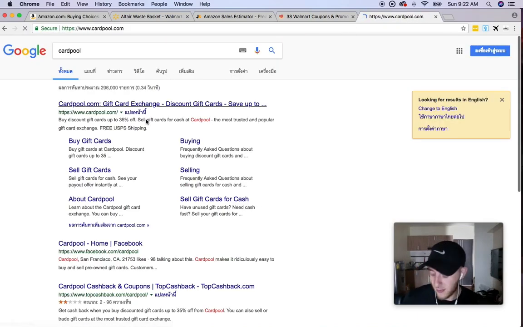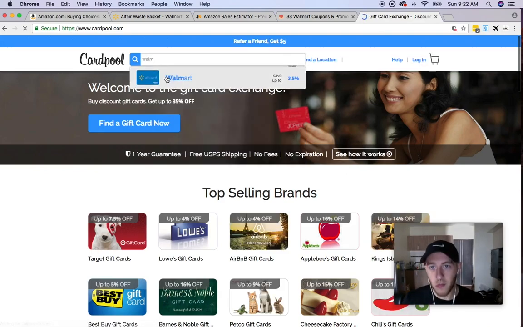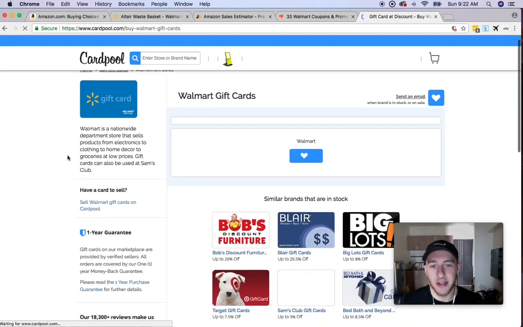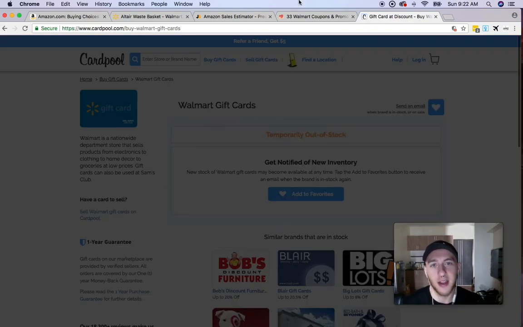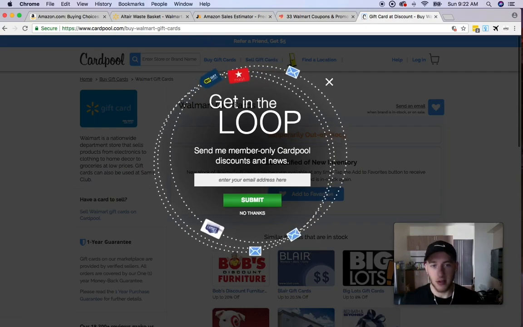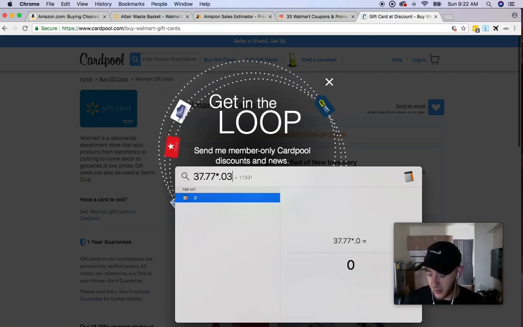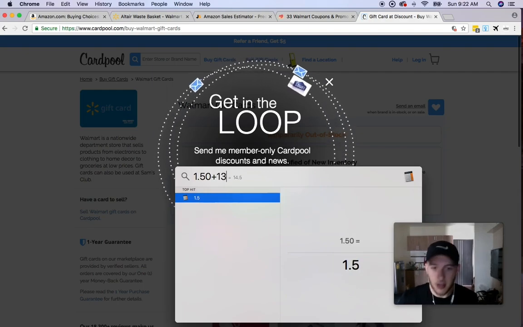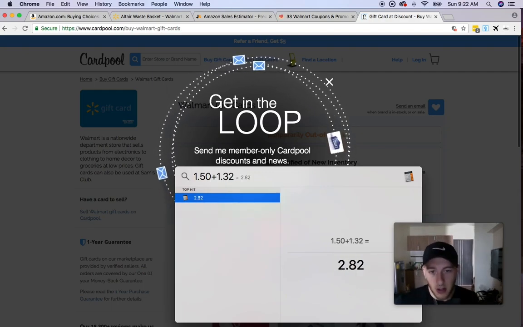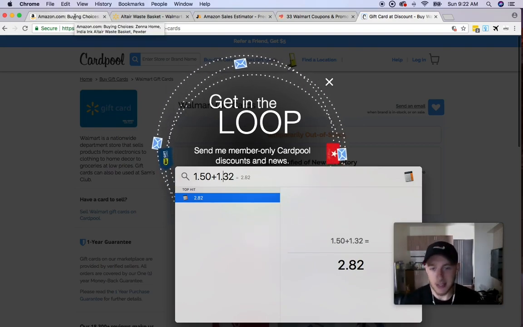And let's see if they have some Walmart gift cards right now. All right, they got 3% gift cards, and they're out of stock. But let's assume we bought some gift cards yesterday. They had some up yesterday, or you use a different site and you bought some gift cards at this rate. So go back here, and so we got $1.50, and then we got 3.5%, so $1.32. So in total, we're going to make $2.80 per sale on this item,